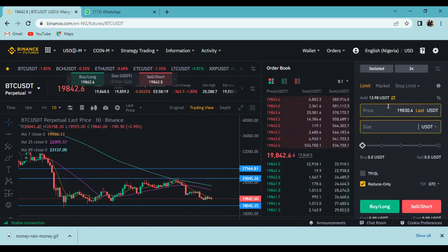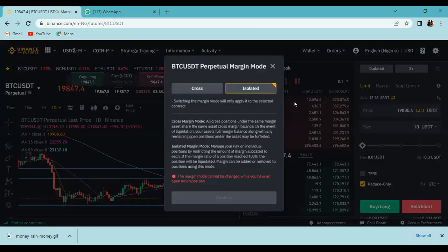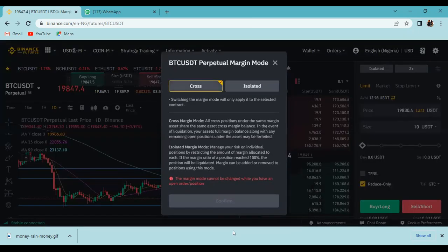I'm going to have to cancel the trade I'm in. Let me try this first. If the amount doesn't carry, no, switch. It's probably because the balance is not enough.